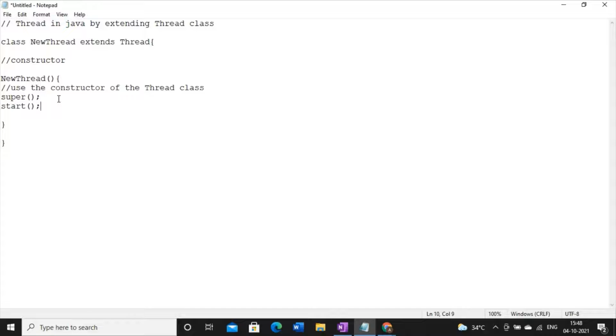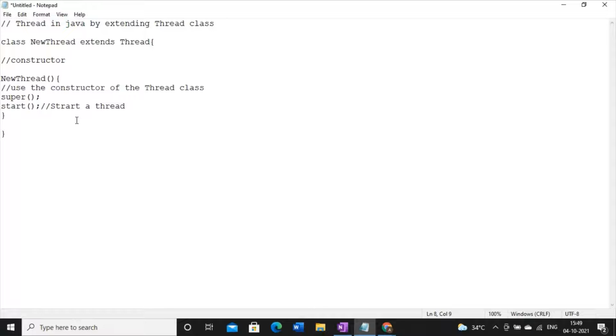Why is this start method used? This start method is used in order to start a thread. So this is the next step that you have to perform inside the subclass's constructor. So these are the two steps.